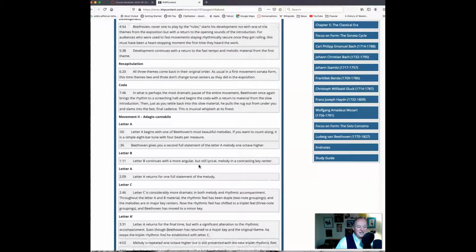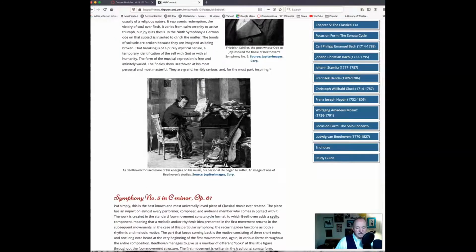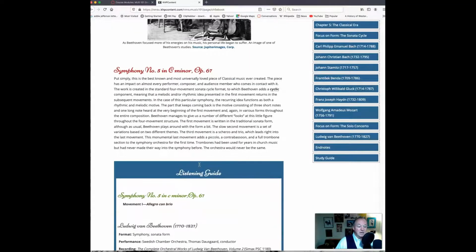Absolutely beautiful playing. And then again, the Fifth Symphony. Beethoven's symphonies are very much transitional. The first two are truly classical. When you get to Symphony 3, the Eroica Symphony, we're looking toward the Romantic period. By the time we get to this one,